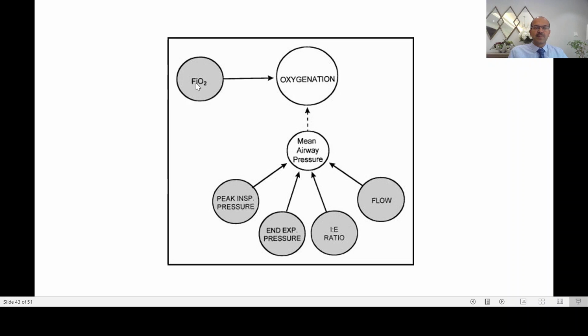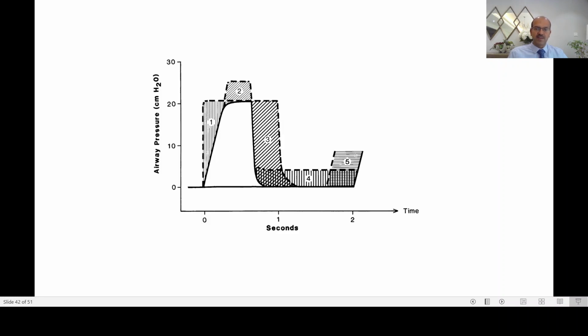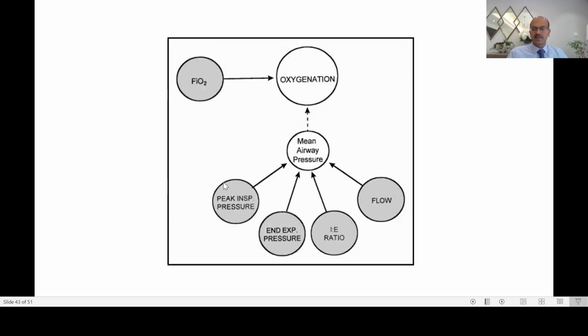So the oxygenation can be impacted by the FiO2 and anything that increases the mean airway pressure, which is the shaded area under the curve, which can be increase in the PIP, increase in the PEEP, and change in the IE ratio, where you increase the inspiration, and change in the flow, where square wave will cause a more quick inflation of the lung. So this is a square wave caused by increasing flow, and a sine wave when the flow is a bit slower. So a steep rise will increase the area under the curve. Carbon dioxide, on the other hand, is tidal volume times rate, and so anything that increases the minute ventilation will increase the carbon dioxide washout. So increasing the PIP and increasing the rate are the mainstay when it comes to CO2 removal.